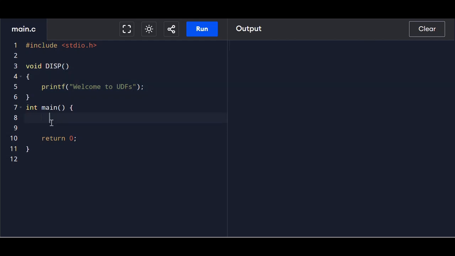Now in the main, the function is going to be called, and when the function does not return any value, it's enough to have a function call like that, just mentioning the name of the function. And since the function does not take any arguments, we could leave the function call just like that. So when I run the code,